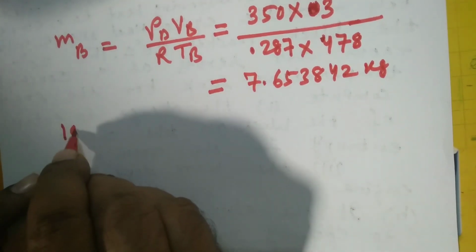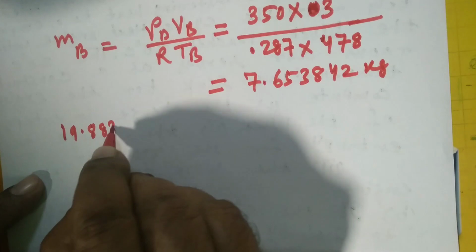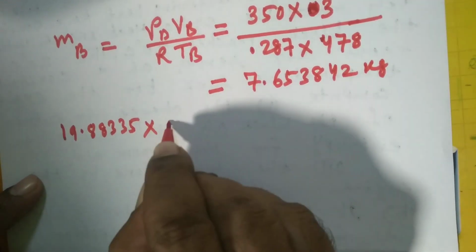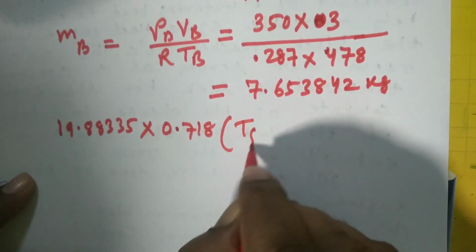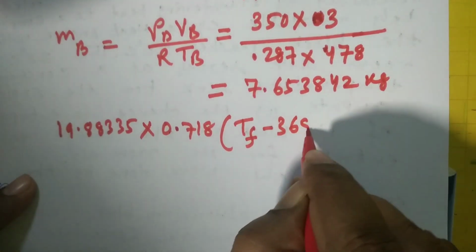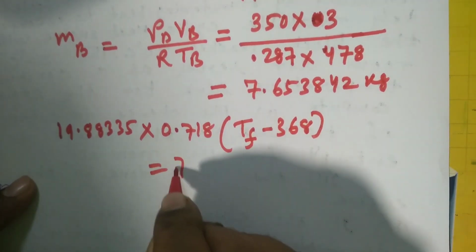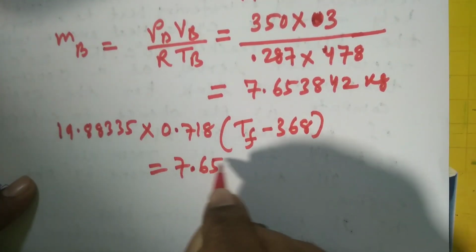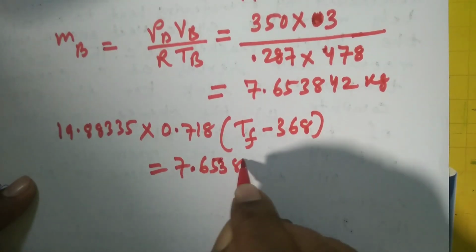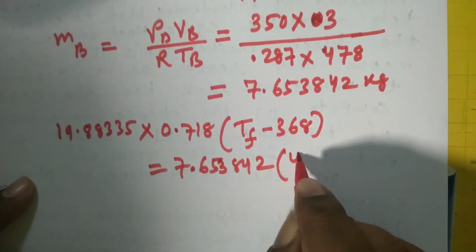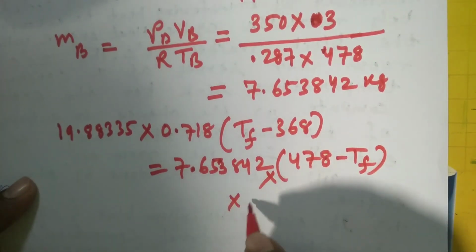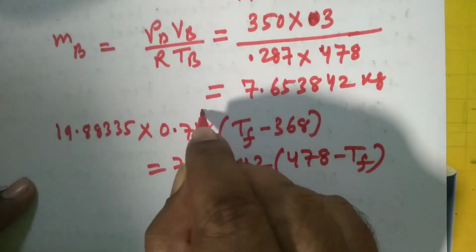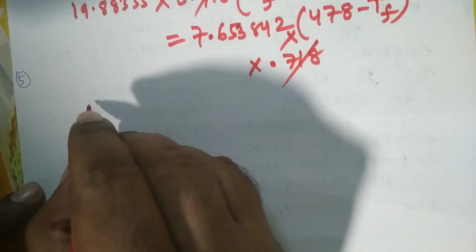That equation is 19.88335 multiplied by 0.718 multiplied by (TF minus 368) equal to 7.65384 into (478 minus TF). Of course 0.718 is there on both sides; these two terms cancel out. Now on equating this, we get